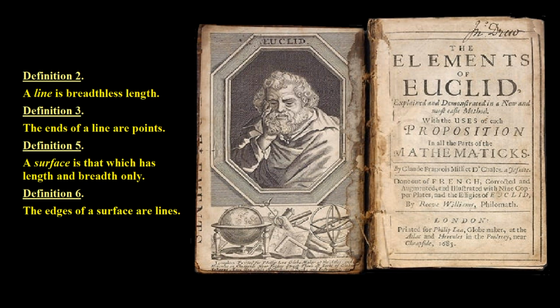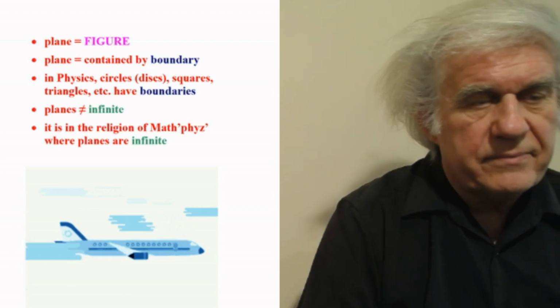Yeah, those we understand. But he says, number 6, keep this one in mind. The edges of a surface are lines. Okay, so if a surface, meaning a plane, has lines as its edges, well, it's very simple. That means that it's got to be surrounded all around. There's no infinite plane. But that's what people repeat today without any understanding, obviously. And so here you have the problem.